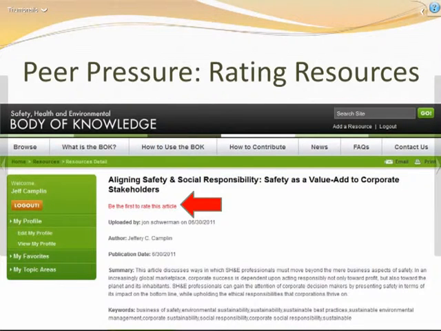What's nice about this is once you select an article, and in this case we found an article here on aligning safety and social responsibility, you'll notice where the arrow's pointing, it says be the first to rate this article. All articles, documents, assets that we have online are able to be rated. And that's very, very important for helping prioritize from our members what are better documents than not. So as you scroll down on this particular page, you'll see that there's a summary of this article here, who the author is,